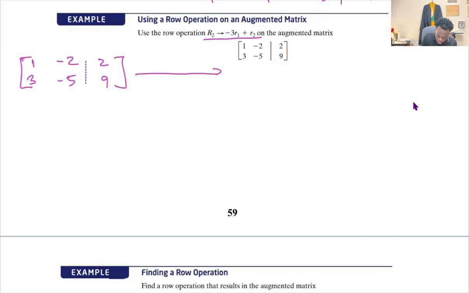So I'm going to work this operation. Row 2 receives row 2 plus 3 times row 1, right? So then row 1 is not going to change. The only row that is changing is row 2, because the row that is receiving is the one changing. If a row is not receiving, then it's not going to change. So let's see what this operation leads us to. Row 1 is not changing, I'm just going to copy it down. So 1, -2, dotted line,